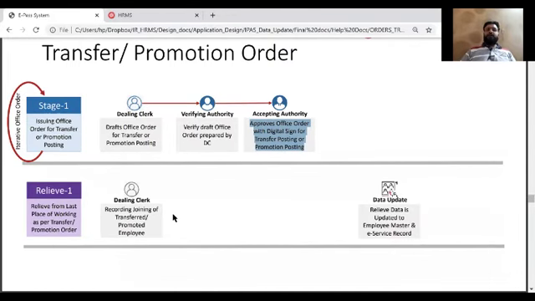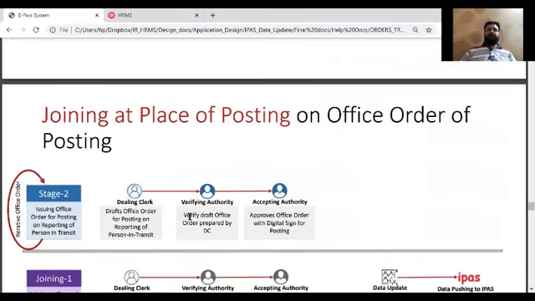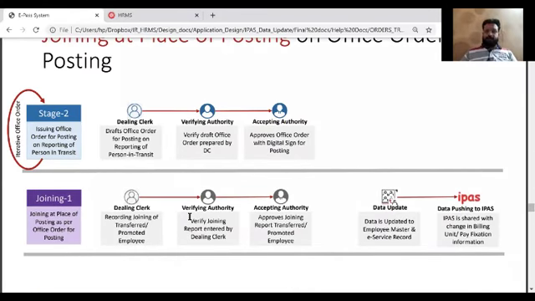Then, based on transfer type, if it is outside the unit, relief will happen, or it may not be required in case of within unit transfer and promotion. Then the second stage will be when the employee is transferred out to some other unit, then stage 2 office order will be issued.